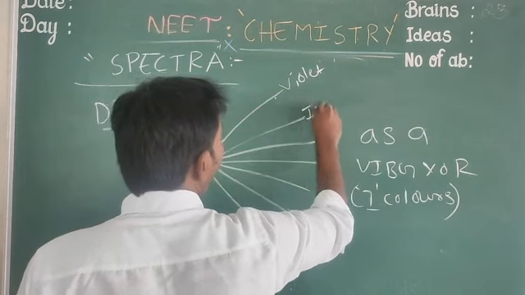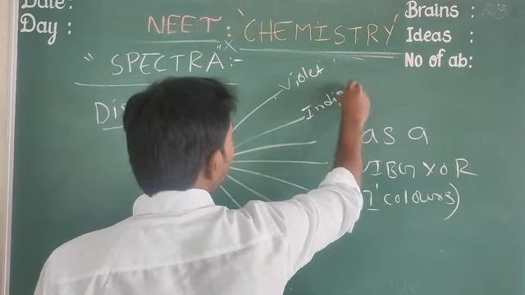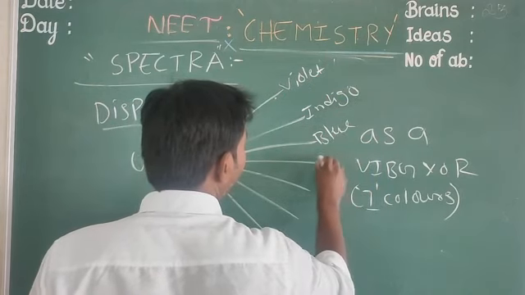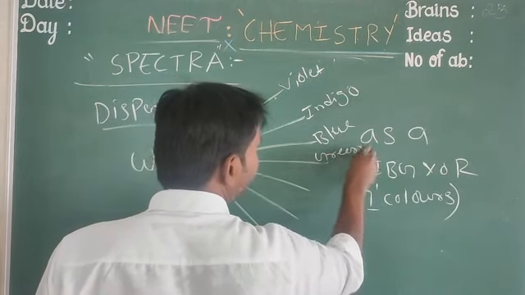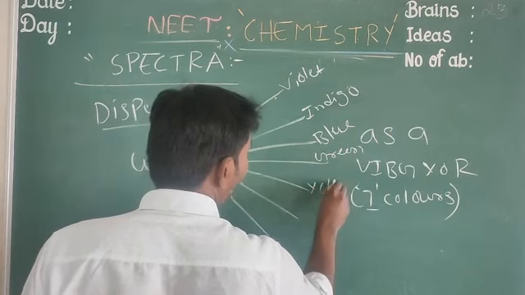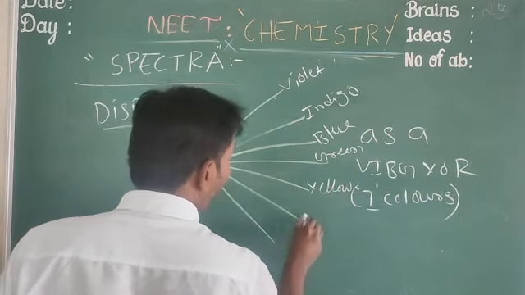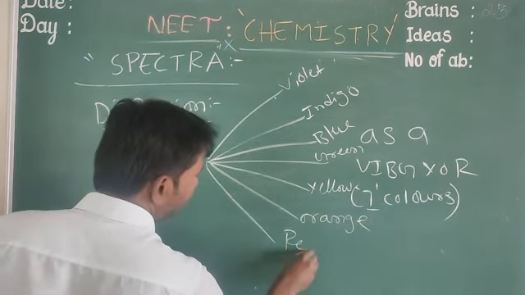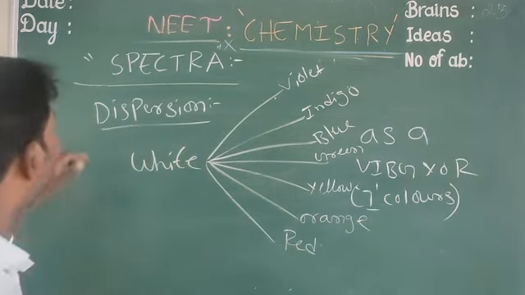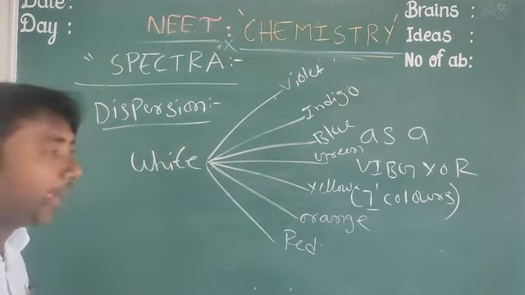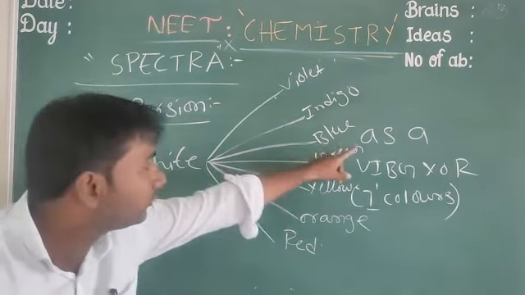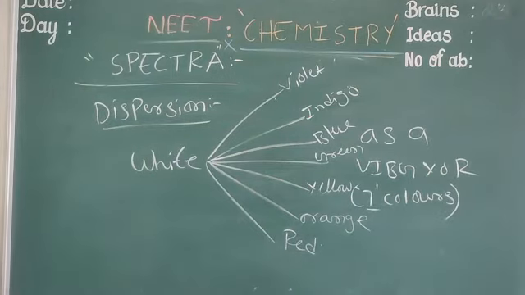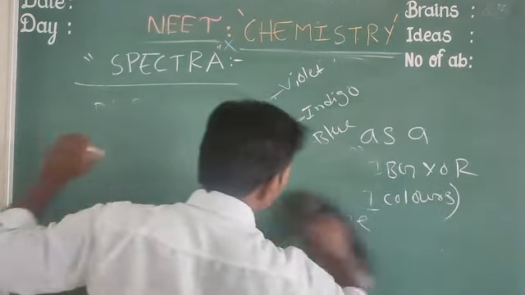Violet, indigo, blue, this is green, yellow, orange, red. So white color split into 7 colors as a wavelength. That is called dispersion. Next, another one,